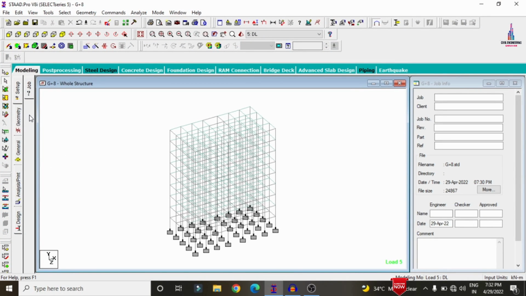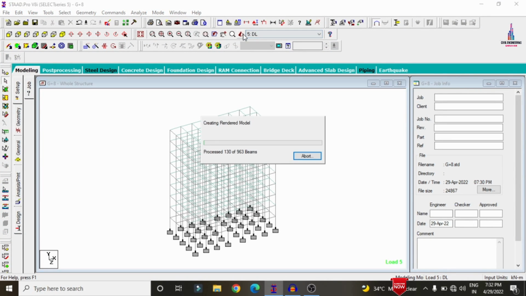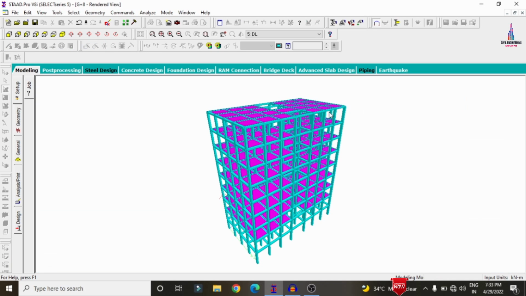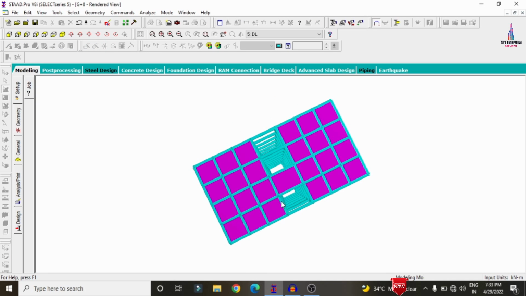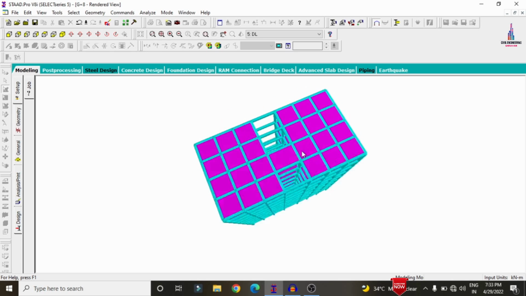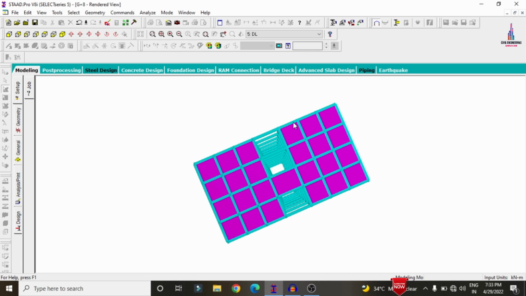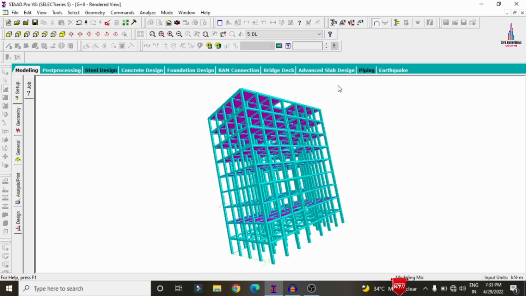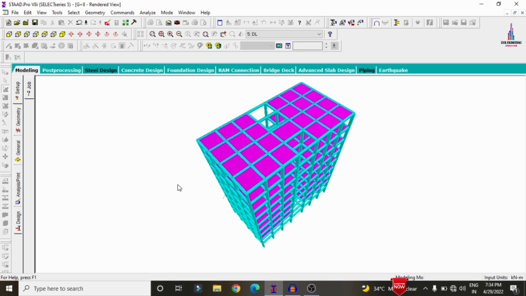So this is my building model. Initially I will click on this 3D rendering view option. Okay, now we can see here I deleted the slab section in order to make the lift provision as well as for the staircases. The left hand side section will consist of one flat and the right hand side section will consist of another flat. So this is the plinth level. It will consist of 1, 2, 3, 4, 5, 6, 7, 8. 8 multiplied by 2, which is approximately equal to 16 flats, will exist in this 8-story apartment building.